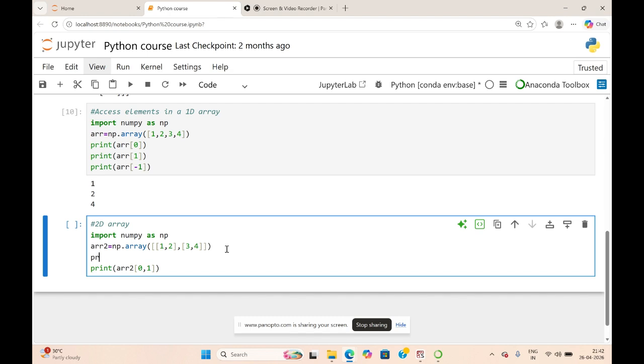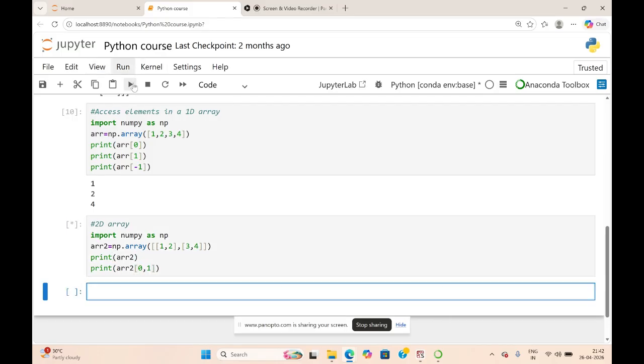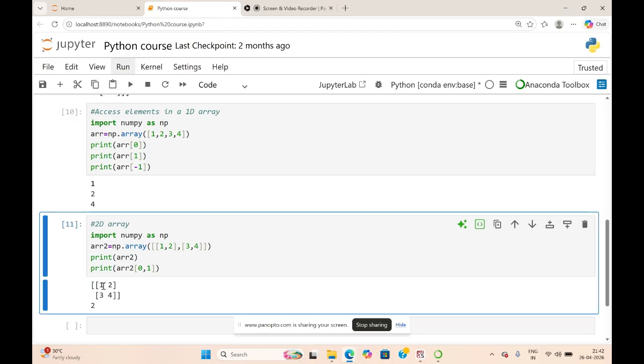If you have any confusion, let us print the actual array and then we'll observe what is happening. So in the array that is created, we are going to access row 0 elements whose column number is 1. So we know that row 0 is 1 and 2. The first column element is 2. So that is printed. Okay.